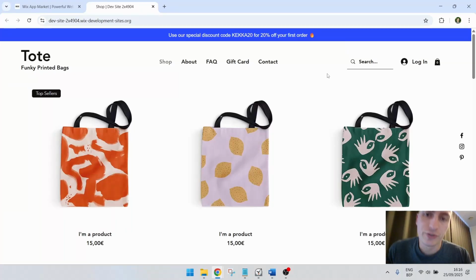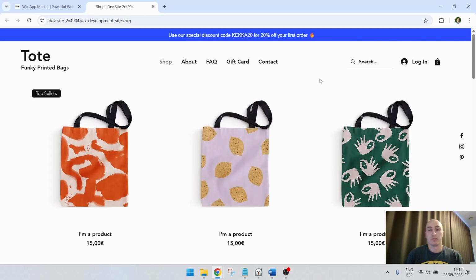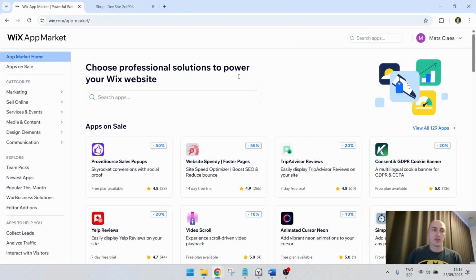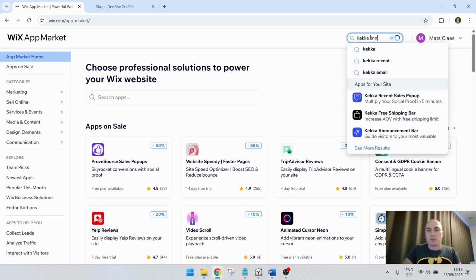In this video, I will show you how to add an announcement bar like this one to your Wix website in under 5 minutes. This way you can share your best converting discounts or important messages with your site visitors. So let's head down to the Wix App Market, enter Keka announcement bar,